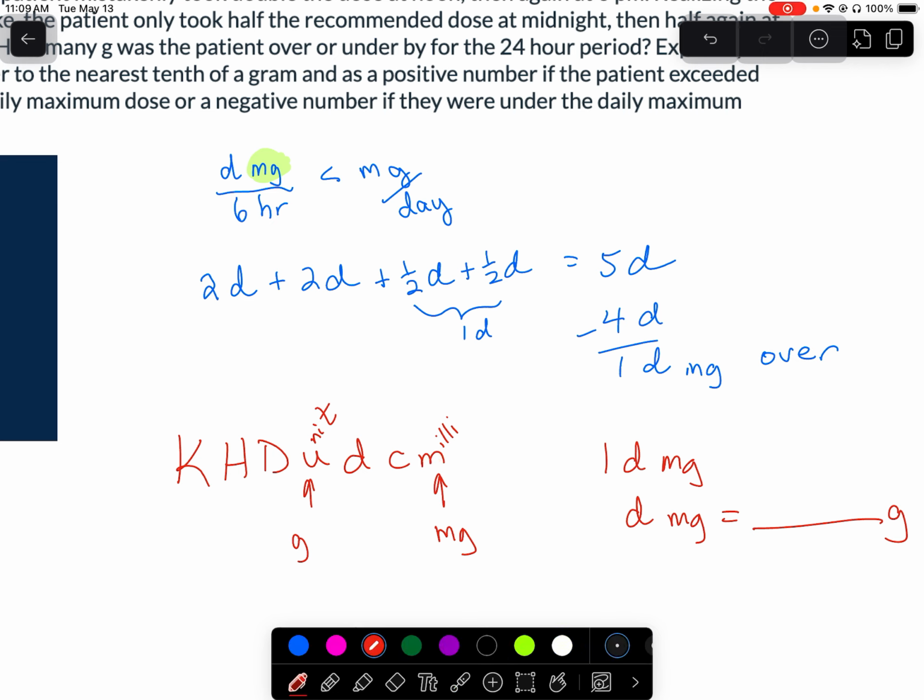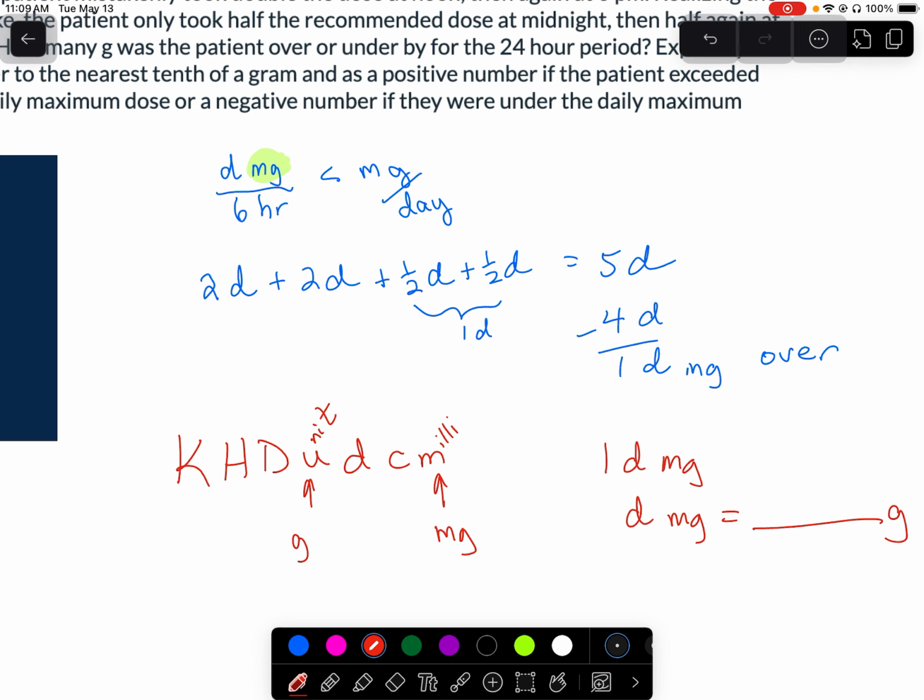Now the reason that we go 3 to the left is because of the fact that you technically end up dividing by 1,000. You need 1,000 milligrams to make a gram. So again, let me show you. We started here at this location. Jump 1, 2, 3 to the left. 1, 2, 3 to the left.